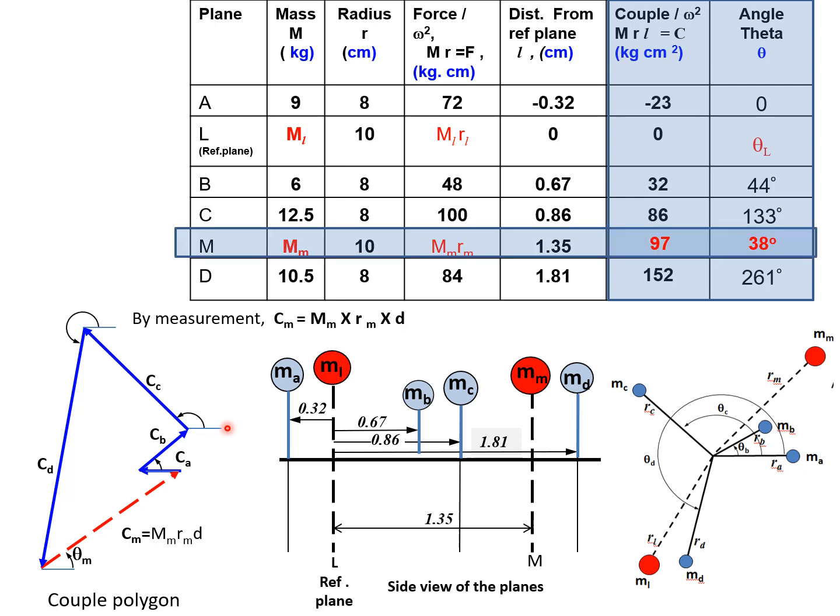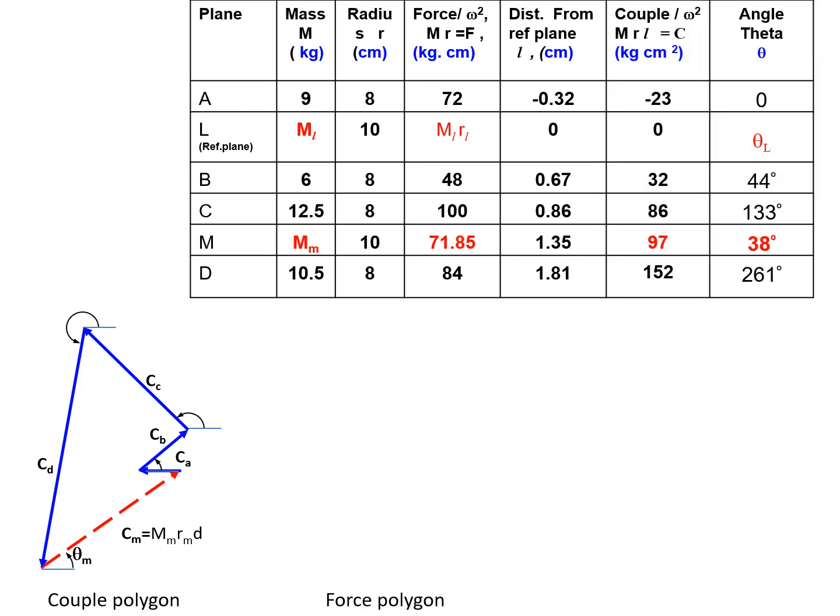To the force polygon, we'll start with the force polygon. We'll select the MR column and theta column. So MR column and theta column. With these two columns, we'll start preparing the force polygon. The first vector is